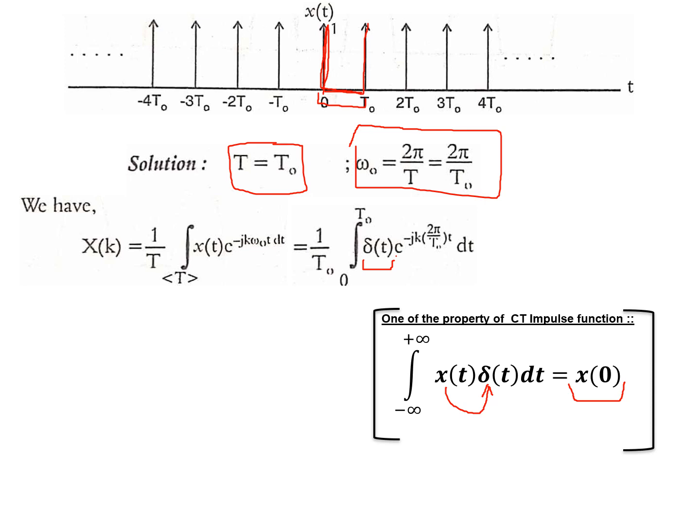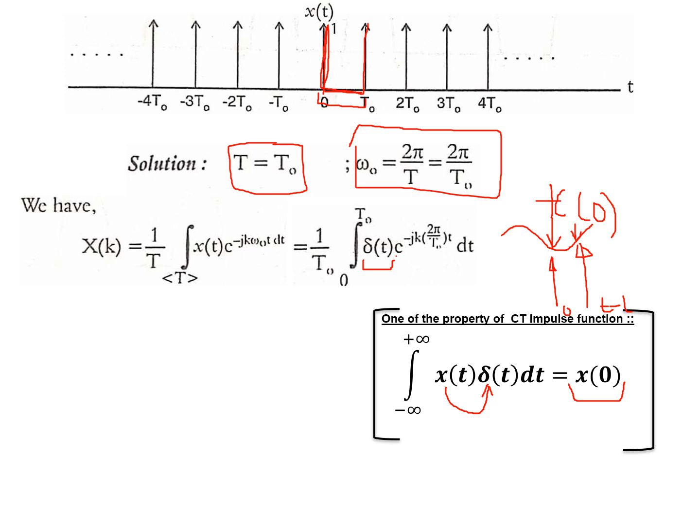That means when I multiply any function with an impulse occurring at the instant t is equal to 0, then except at this value, everywhere the product is 0. That means the product is always x at t naught. If the impulse occurs at any other instant, t minus t naught, then the product is the signal value only at that instant. Now because the impulse is occurring at the origin in this integral, it is the value of the signal at t is equal to 0.